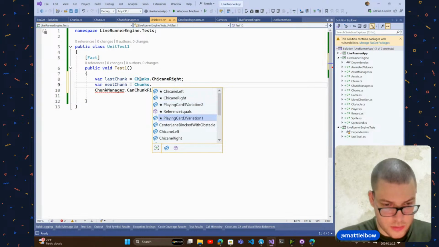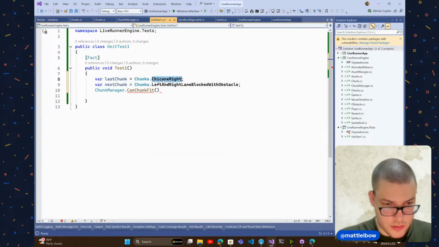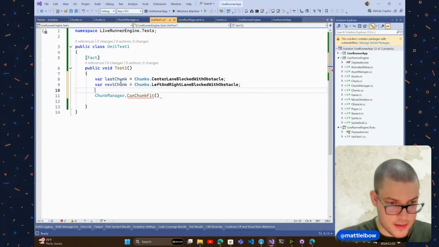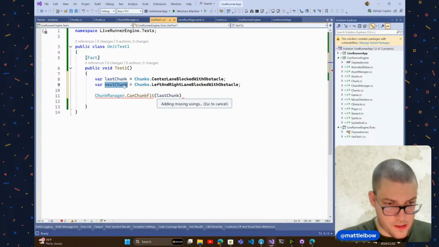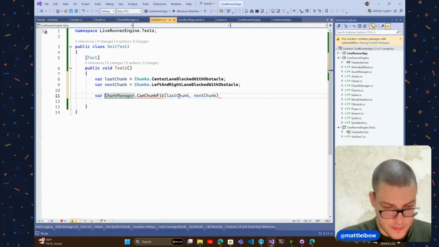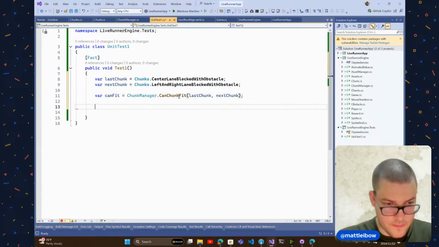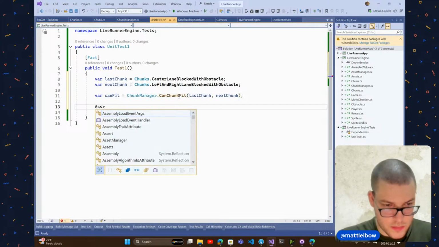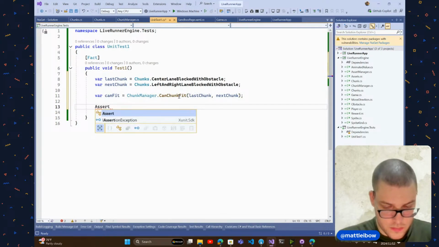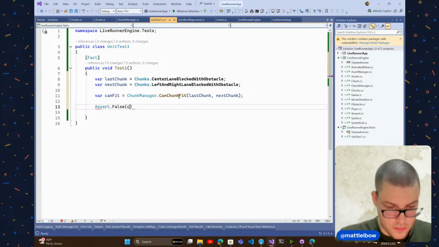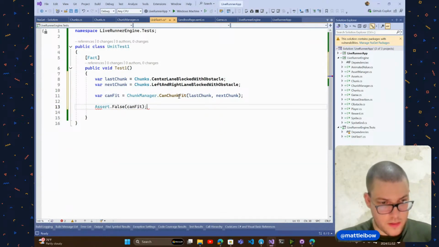Well, let's do the one I saw again. Left and right blocks the obstacle, and this one is center lane blocks the obstacle. I saw that, and this one clearly then search. Right,